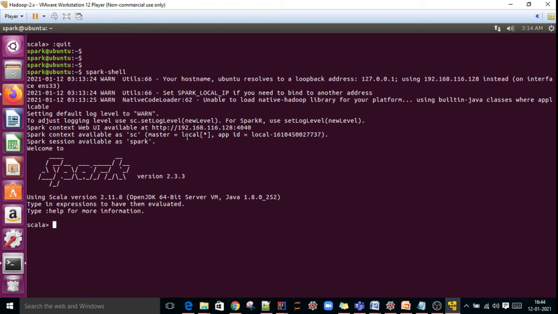Here we'll see a word count example, how to execute Spark commands. In the word count program, the first step is to read the source, the text file.